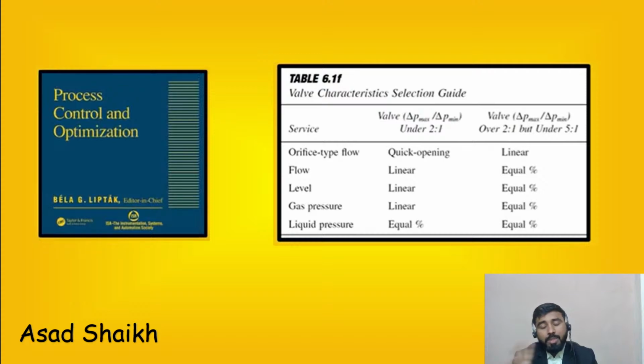So the overall concept is very simple. If you have variations in the DP, ideally you are expecting your valve to be linear. Everybody wants the valve to be linear, but because you can't control the DPs in the plant since they are continuously fluctuating, if the DP variation is high, which you see on the right hand side here, the selection should usually be equal percentage there. If your DP variation is less in and of itself, you should usually go for linear. However, there are certain people who recommend certain types of characteristics based on application.